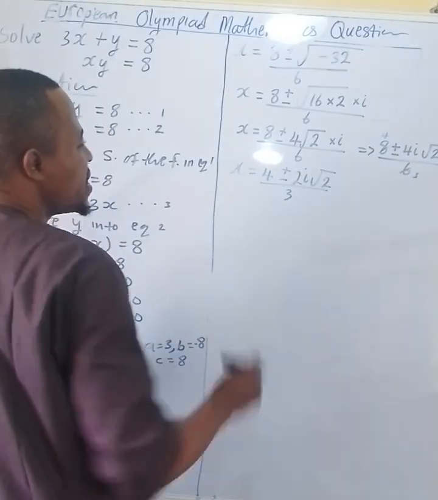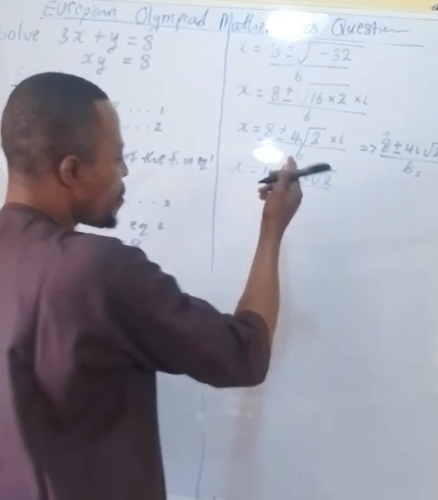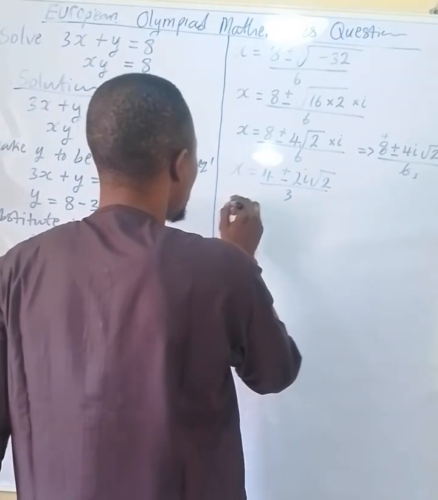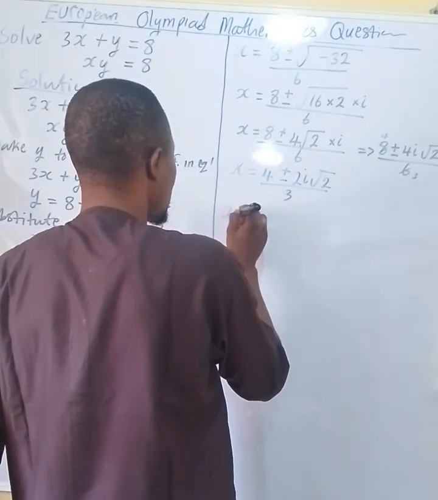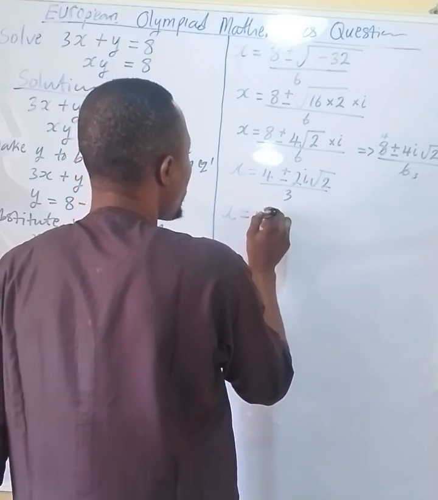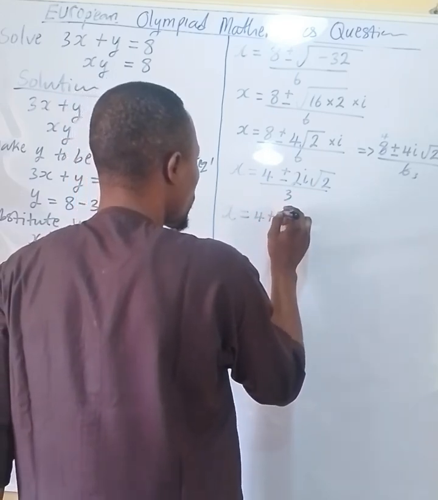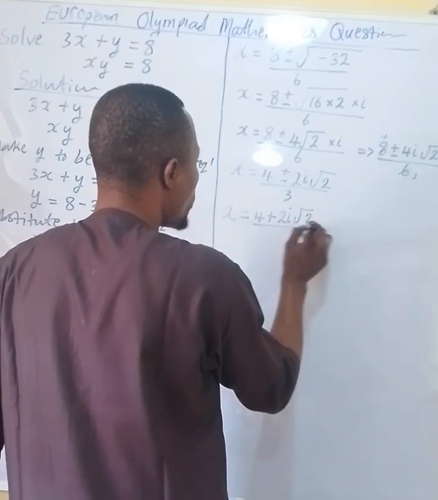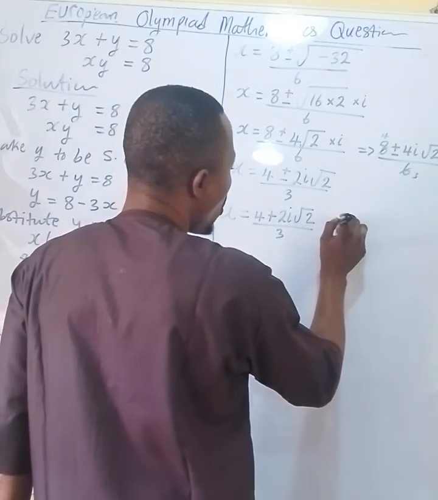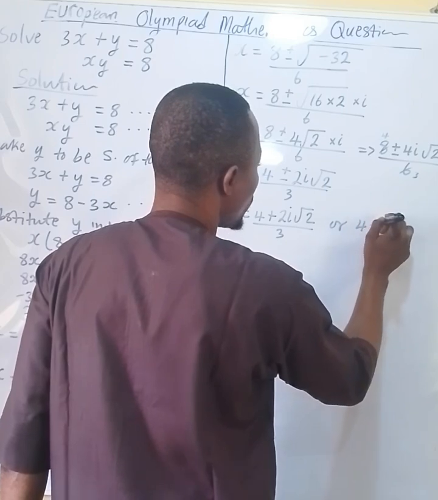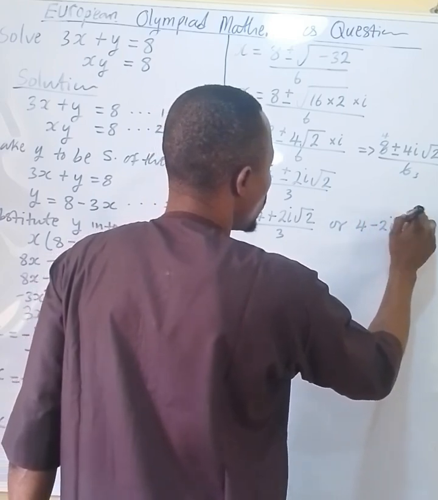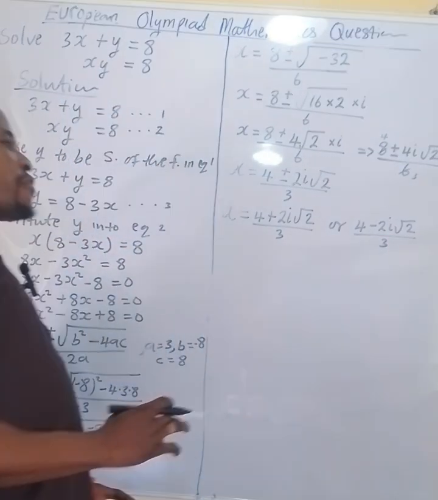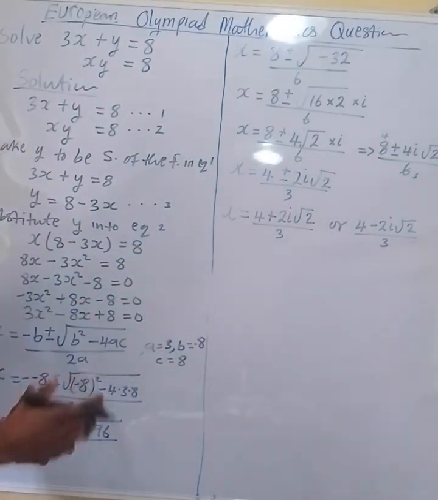Because of this plus or minus, we are going to have our answer in two forms. So x equals 4 plus 2i root 2 all over 3, or 4 minus 2i root 2 all over 3. That's the answer for our x. So after that, now the next